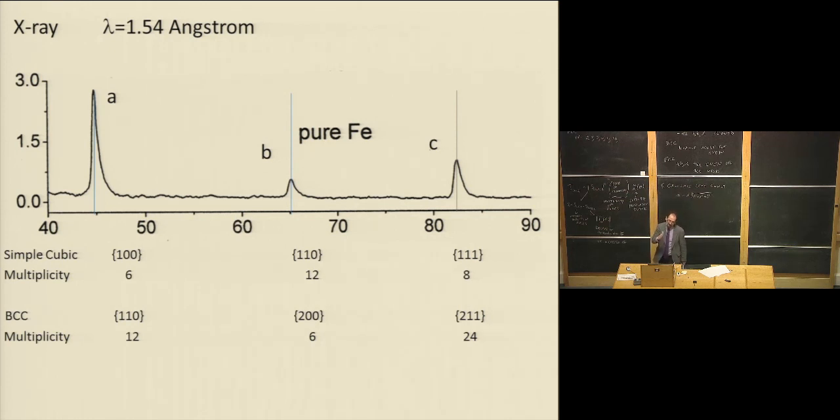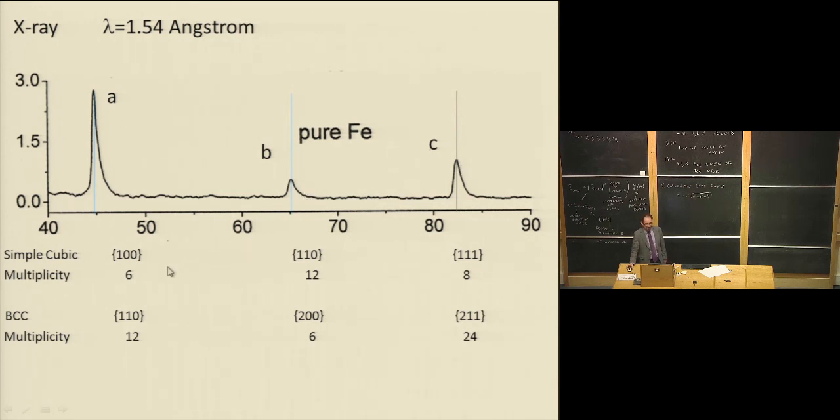Now remember, at this scattering angle, the Lorentz factor is decreasing. The form factor is always decreasing as a function of increased angle. So you would naively expect that A should be bigger than B, which should be bigger than C. But it's not. C is bigger. The only thing that could possibly explain that is if the multiplicity of the peak C is bigger than the